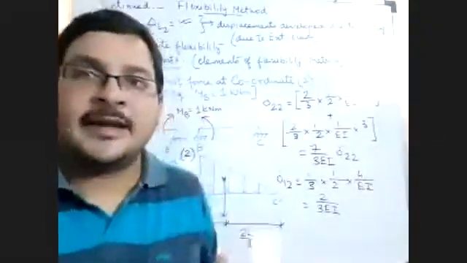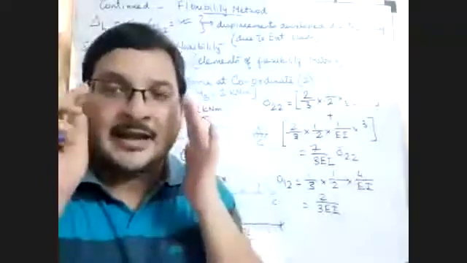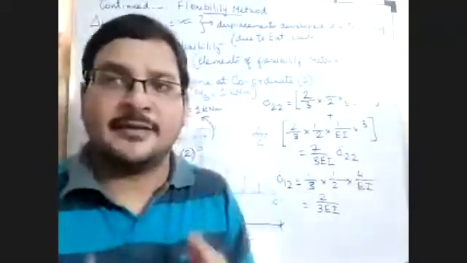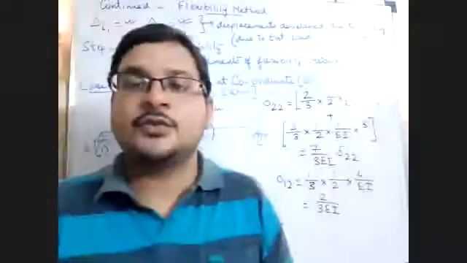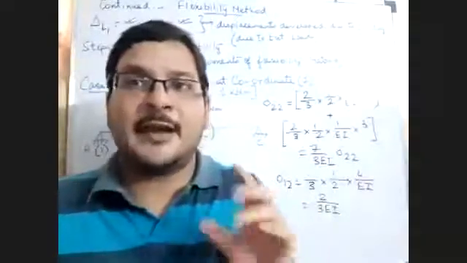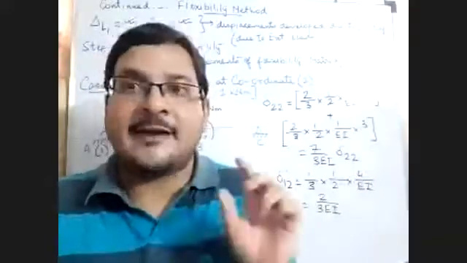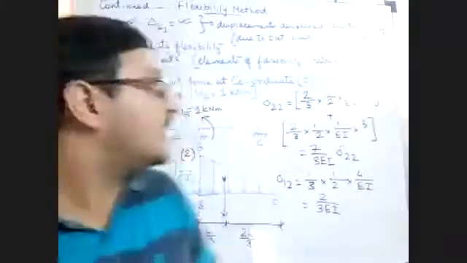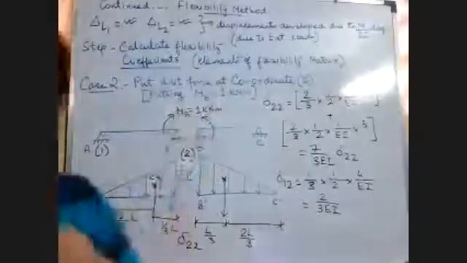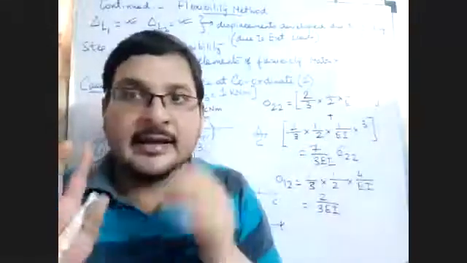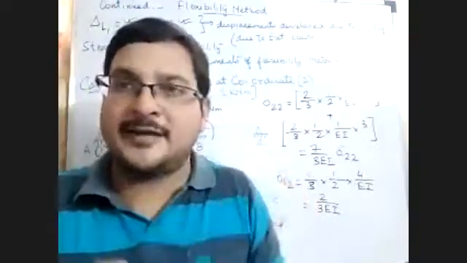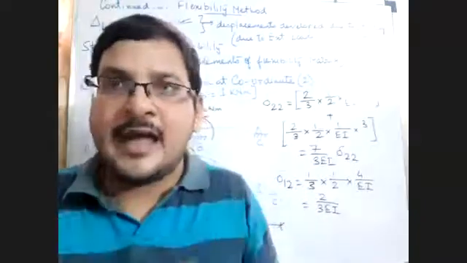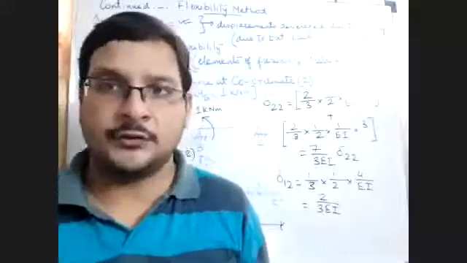So in this step, the main idea is that we have calculated all the flexibility matrix elements. Now the last step is to put the flexibility matrix equation and find out the unknowns. Which are the unknowns? MA and MB. And the last stage is just to formulate the flexibility matrix equation and find out the unknowns.